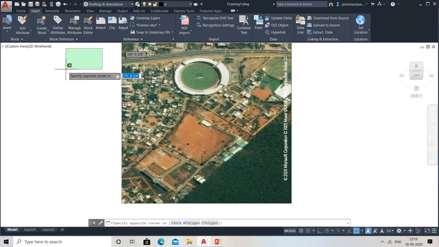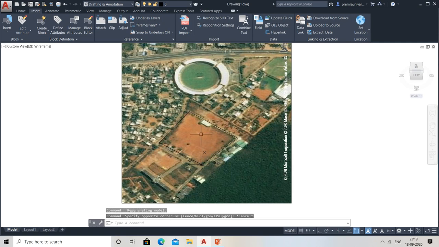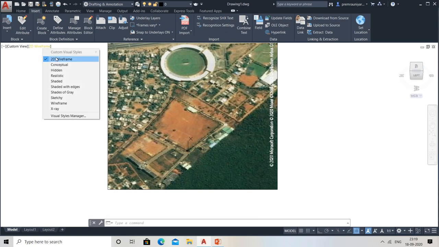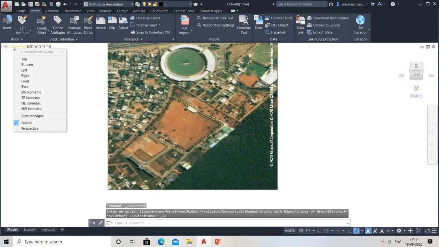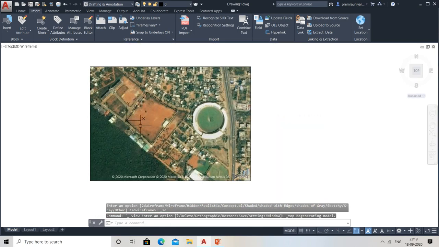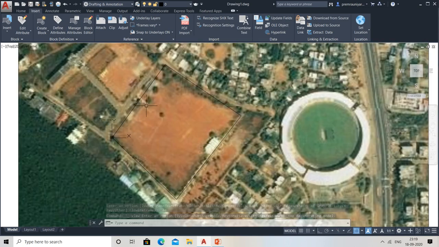What I need to do is take that rectangle. So again I need to go for the 2D wireframe and this custom, go for the top. So I got this plot area.